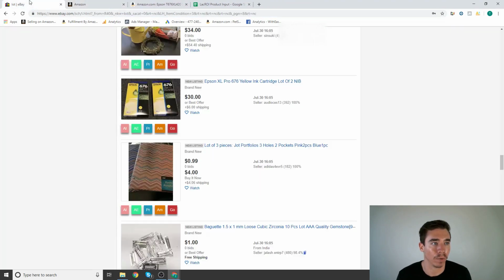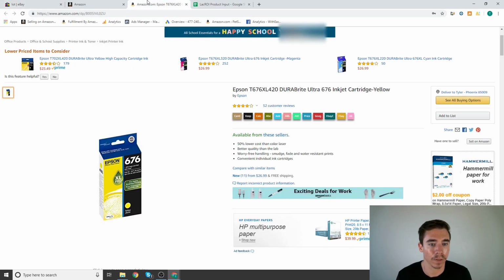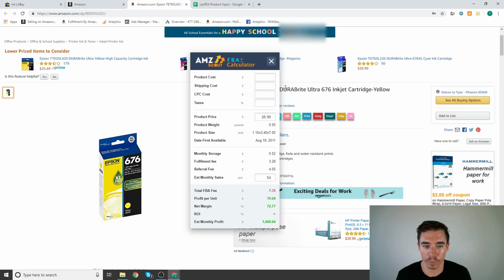Now, let's go all the way back to eBay. Remember, this is where we're at right now. We're on eBay. So $36 for the both of them. All right, so divide that by 2, and it's $18 per product. Pack of 2, 36 divided by 2 is 18. So that's what we use our Amazon Scout calculator for, to calculate whether this particular product is actually a good investment. So if we look at $27 per, now we're going to get each one for $18,